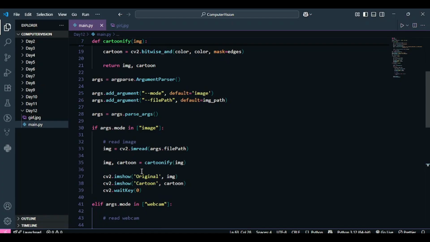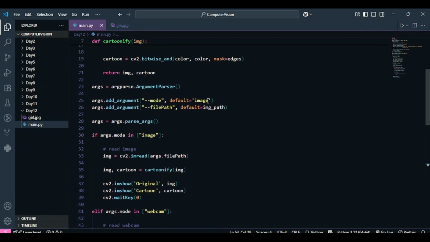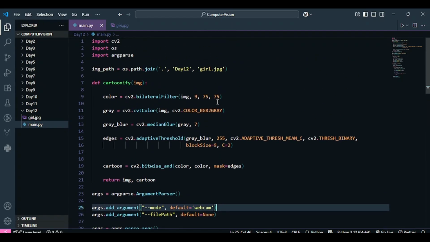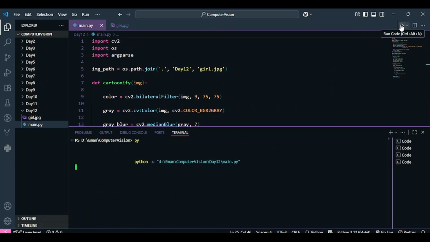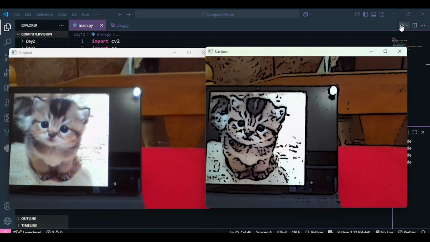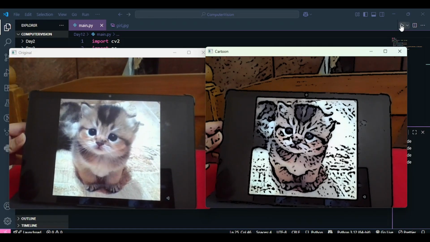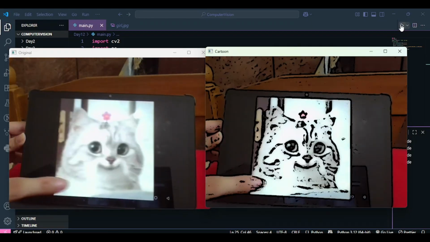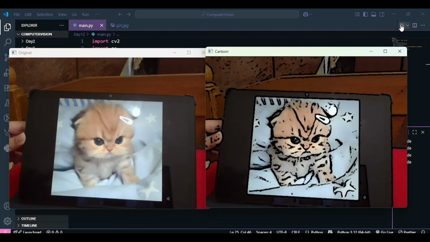Now I'm going to run this program again, but before running it, I am going to change the mode to webcam, and I'm going to keep the path as None because the webcam has no path. So that is literally all, and we are done with our program. I'm going to run this to show you the results, and you are going to get the same result that we got at the start of our video. So this is the center, and yes, it's applying cartoonification on your images.